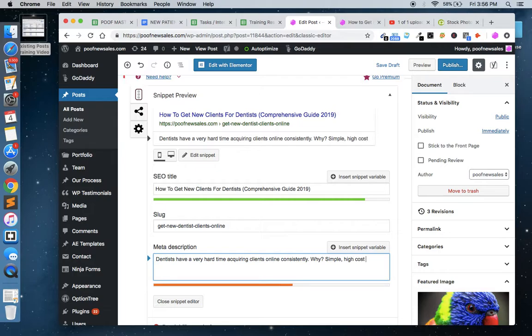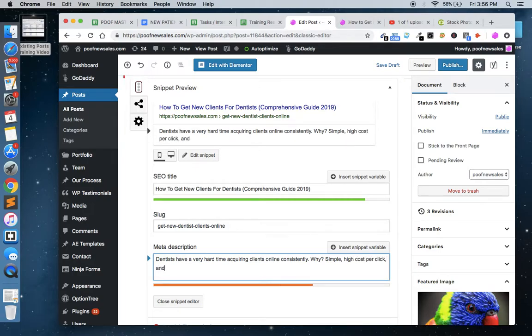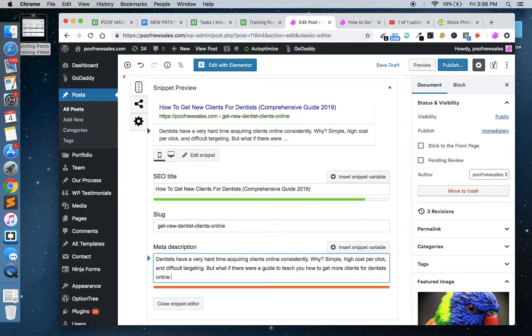High cost per click and difficult targeting. But what if there were a guide to teach you how to get more clients for dentists online? We created this blog to teach you everything you need to know about